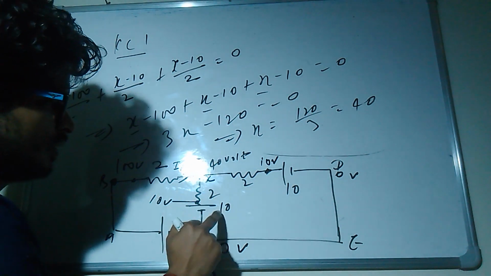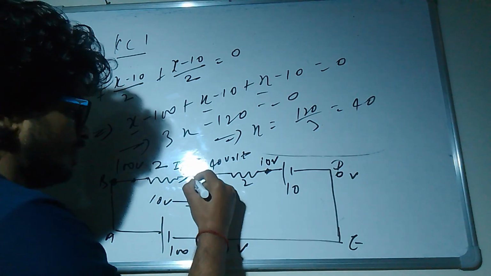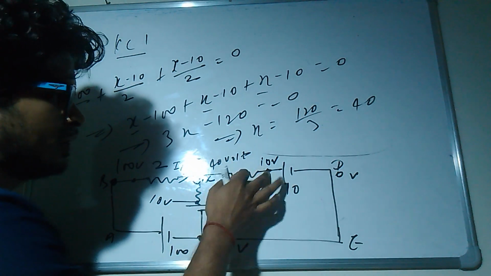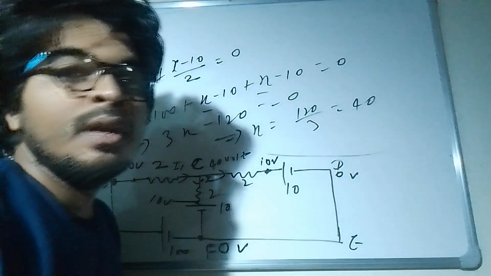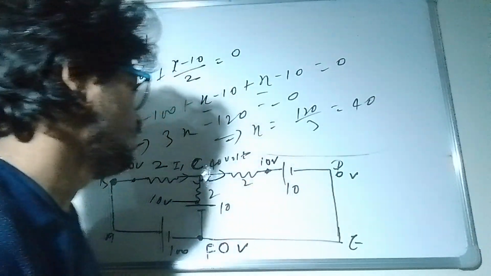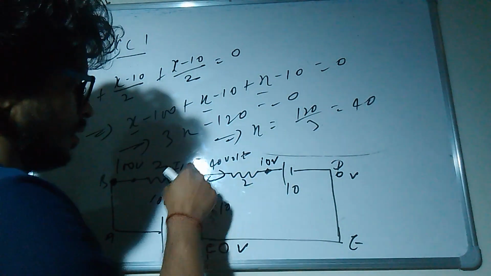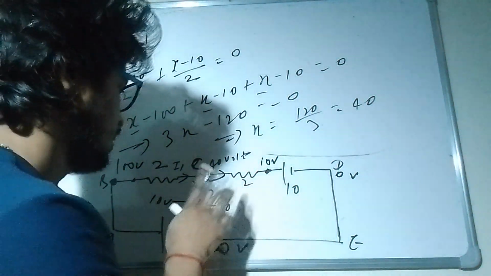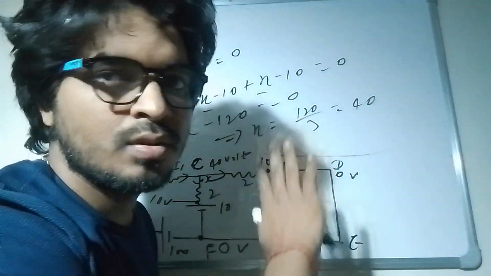This is 40 volt and this is 10 volt here. So here current will go in this direction. Here 40 volt, this is 10 volt. Current will go in this direction. Even if you do not assume this, it will automatically come with a negative sign, so no need to worry about it. But because I am observing over here, that's why I directly wrote the direction. Now this direction is 100% correct, there is no error in it.